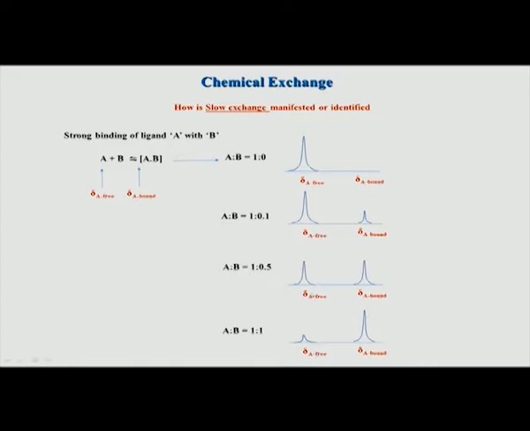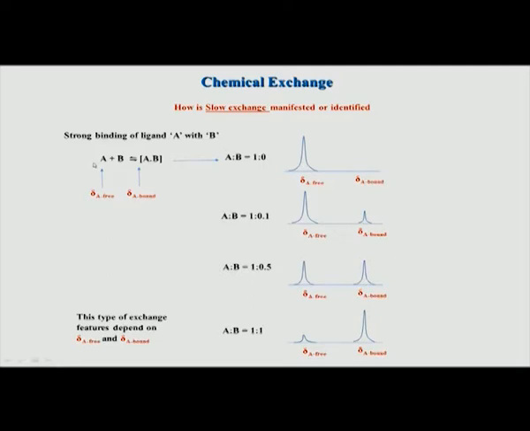But the idea is that this peak is going down gradually as we increase the amount of B and this peak goes up as we increase the amount of B. So, this is how we can say that the exchange is a slow exchange between the two. But remember again, this type of exchange depends on the chemical shift values, because they are far away, compared to the exchange rate, we are able to say that this is a slow exchange scenario.